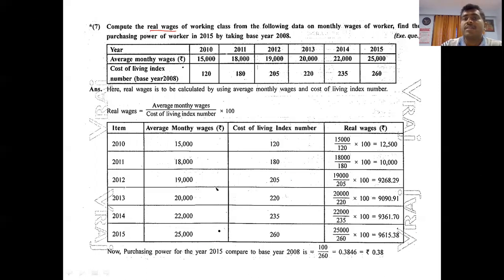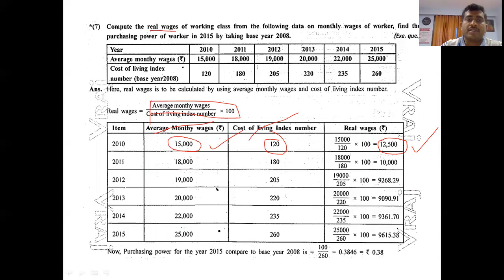So here you can see the year is given to us, wages is given to us, cost of living. The formula is already discussed with you: wages upon cost of living index number. Wages is given to you, cost of living, real wages. So how to do it? Wages 15,000 divided by cost of living into 100. So the final answer we are getting is 12,500. That means even if he receives 15,000, his purchasing capacity is only 12,500, because that capacity is getting reduced here.